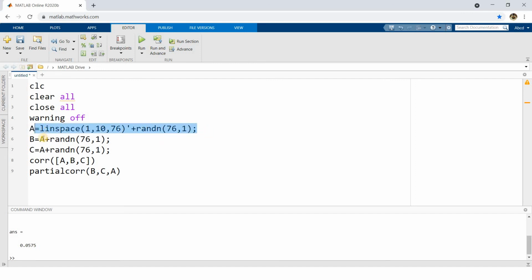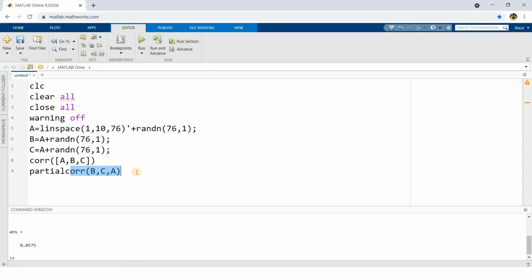I am creating one data, and for B and C, both, I am taking this data only. Consider A as the increase in temperature, B as the sale of ice cream, and C as the number of shark attacks. The increase or decrease in the sale of ice cream is not at all related to the increase or decrease in the number of shark attacks, but due to the presence of A, which is the increase or decrease in temperature, as both of them are influenced, although B and C should not be related, we still get a very high correlation in terms of raw correlation. But if you compute partial correlation, we are not getting that. This is the simple idea.